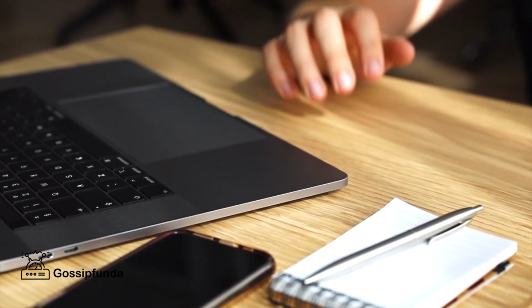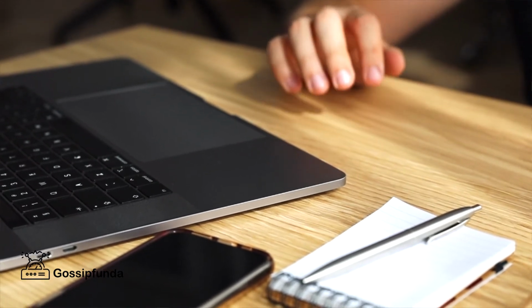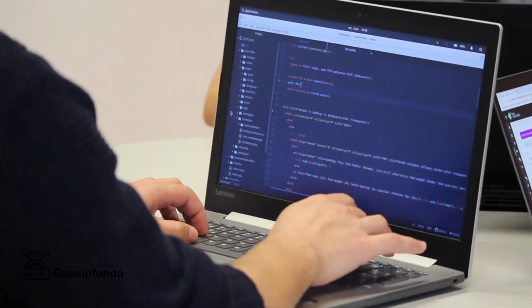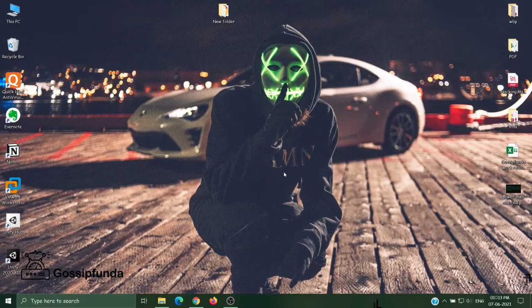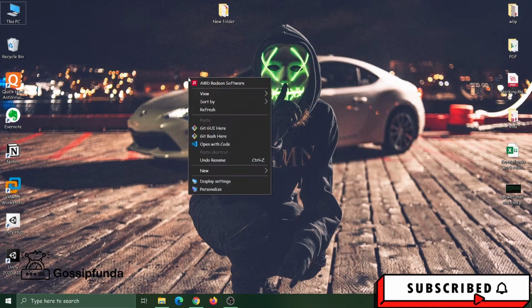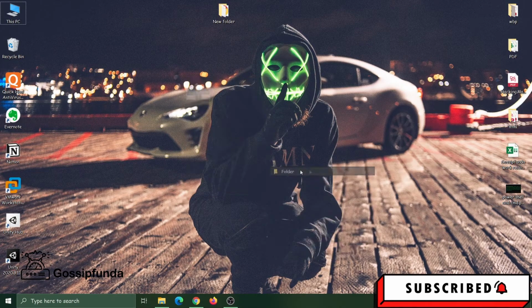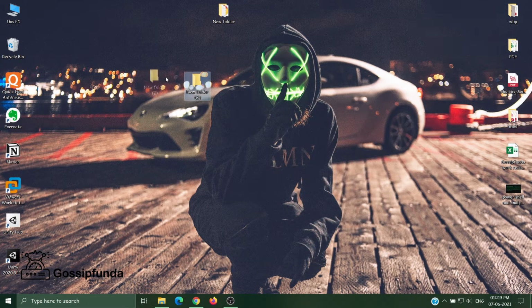In this video, we discuss a few commands: how to create files and folders, how we create multiple files, and how we delete multiple files. So let's create a folder first. We create a folder, New folder 2. Let's open it